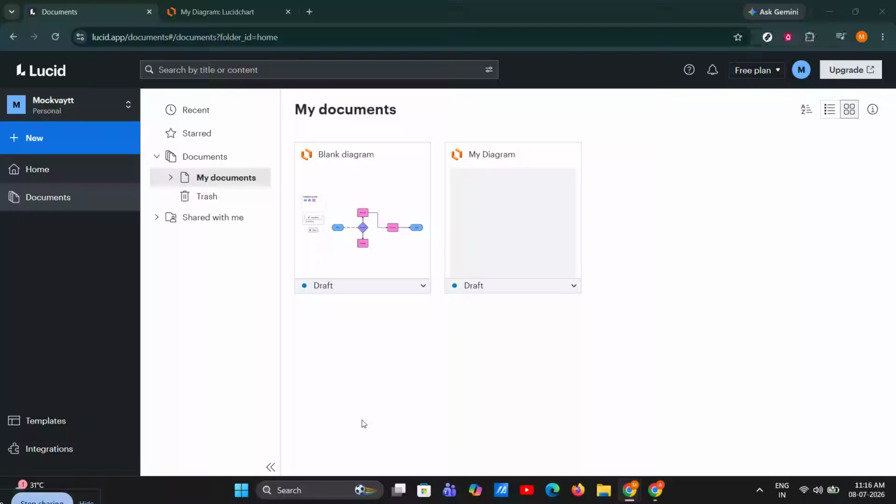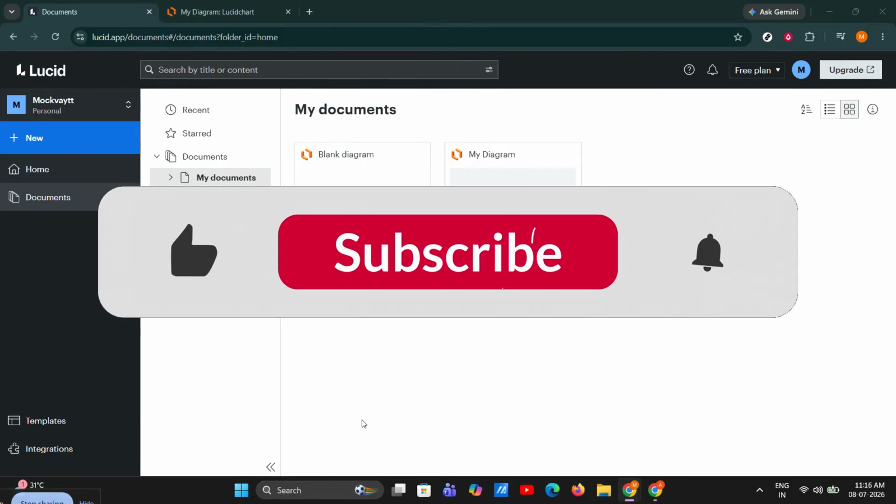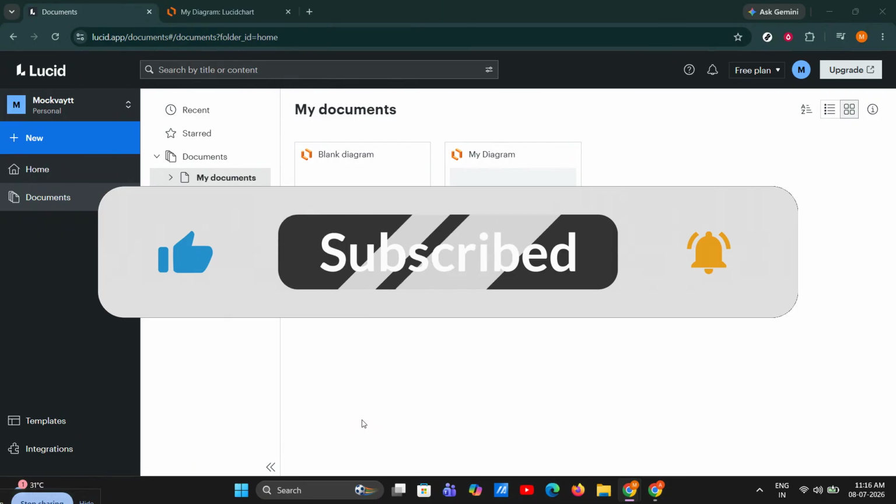If you're seeing a Lucidchart authentication error, don't worry. In this video, I'm going to walk you through the most effective fixes step by step so you can get back into your account as quickly as possible. This is especially useful if Lucidchart won't sign you in, keeps looping on the login screen, or throws an authentication message over and over again. We'll start with the easiest checks first, then move into browser settings, extensions, network issues, and finally the correct login